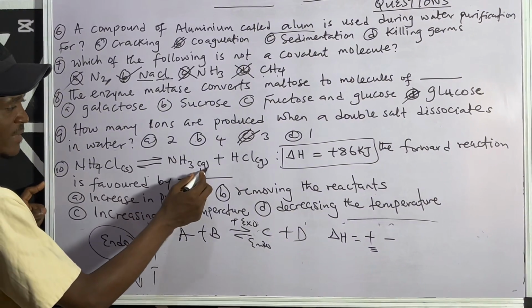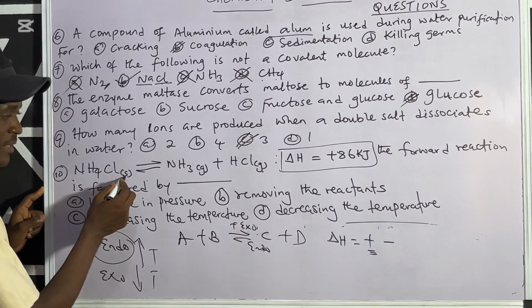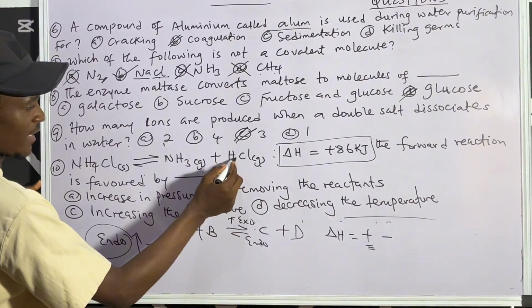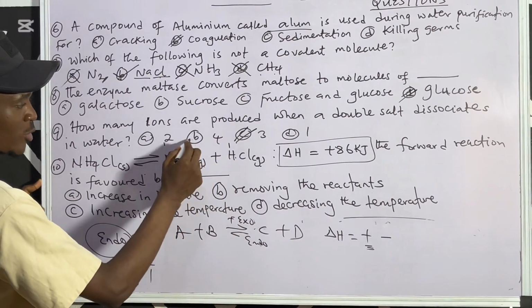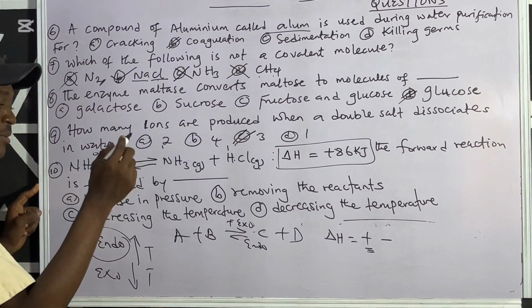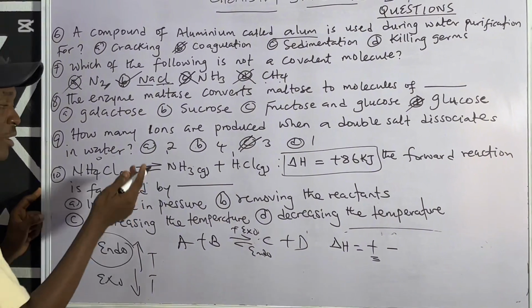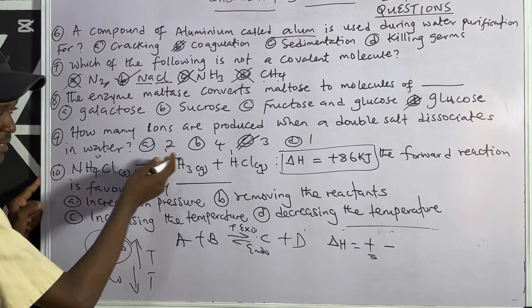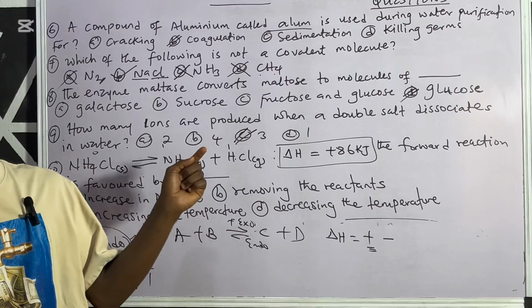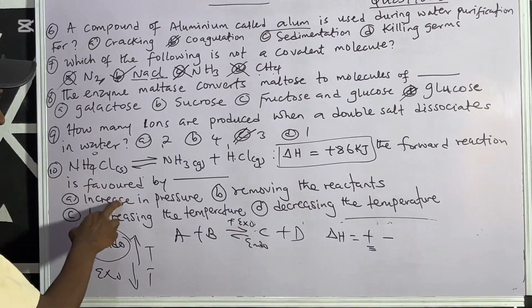All right. And looking at this, the forward reaction was what we were asked. Going like this is gas, while this is what? Solid. So it's obvious that the volume here is 1 and the volume here is 1. So total volume here is what? 2 volumes. But over here, you don't even have any, so it's 0. So it means an increase in pressure is supposed to favor the backward, because this is with the higher gaseous volume. But now they are asking us which one will favor the forward. So it means increase in pressure is out.